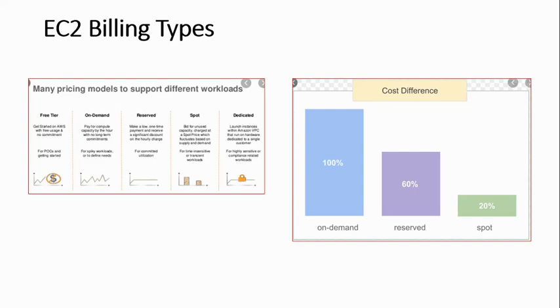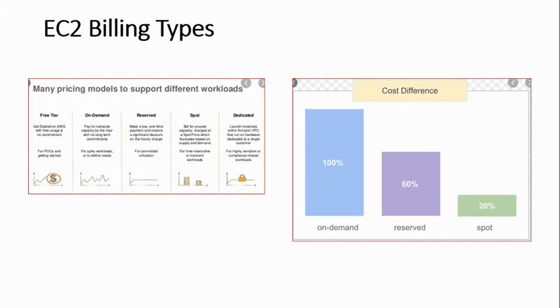So what are the different billing models? How are you going to pay? Free tier: definitely everybody starts with a 12 month free period. One more thing, not everything is free on the free tier. Everything has a limit. Like for EC2, you get 750 hours. So don't think that because you get a free tier, you can do anything you want. Be careful, and read through my previous video so that you can create your billing alarm and stay tuned on your billing, and you should run on your pocket money.